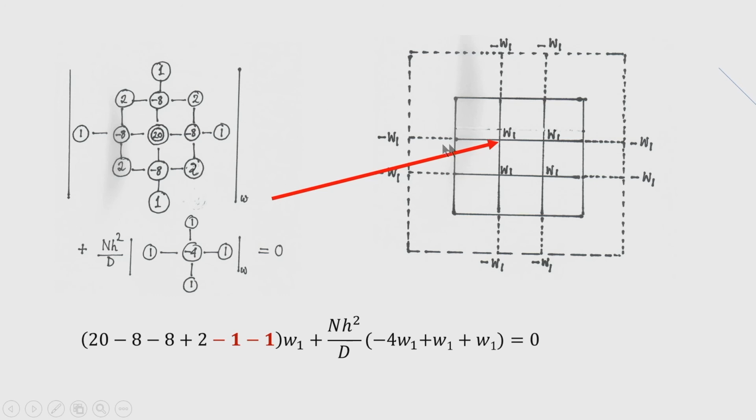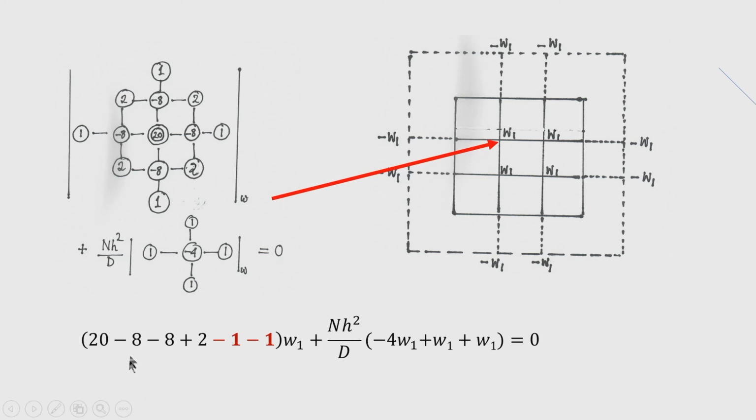If I place this stencil here, then this -W1 will be here, corresponding to this W1. Then another imaginary point we get here. So, -W1, so -1 is there. Therefore, I have indicated in the red color these two imaginary point deflections, which are expressed in terms of the deflection of the corresponding point by using the bending moment 0 condition at the simply supported edges.